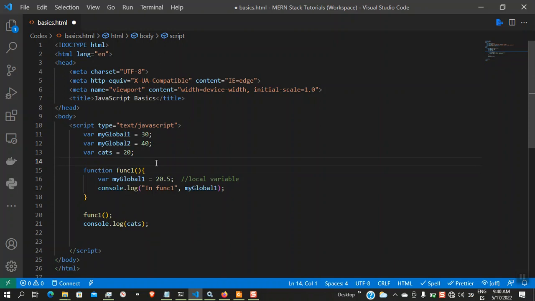So in this case now, as you can see, we have a local variable with the same name as a global variable. So what it does is that it blocked that global variable. Remember, if we did it like this 3, in this case now, this my global one points to the outside global variable. So you can see if we write in function,